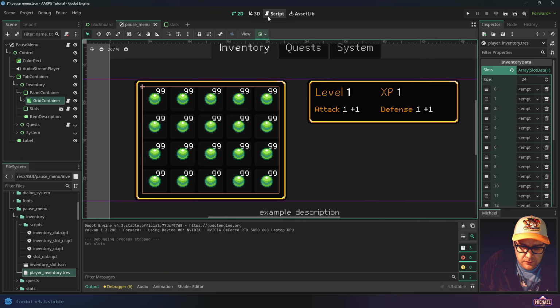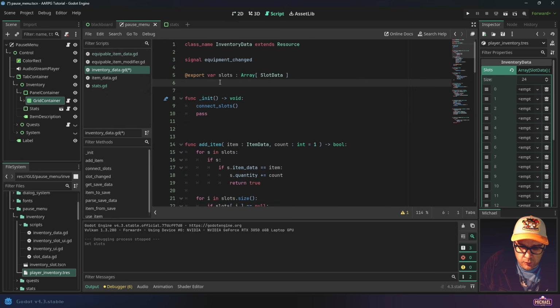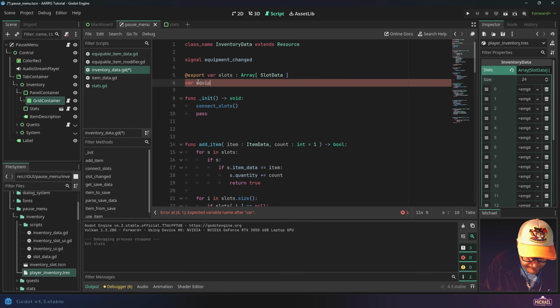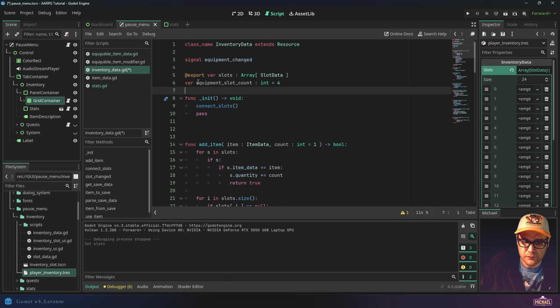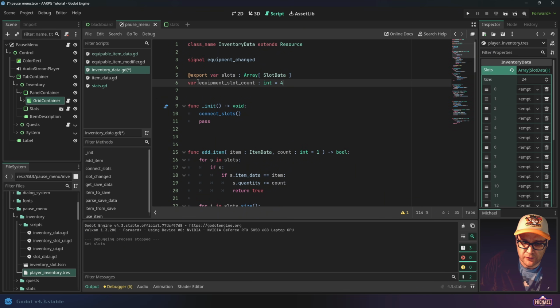Okay, so going back to the script, we'll just keep that in mind. But I'm going to put a variable in here that takes account of those, and so I'm going to call this equipment slot count, and this will be an integer, and it'll equal 4. And so if you, for some reason in your game, decide that you want more slots, you could change that